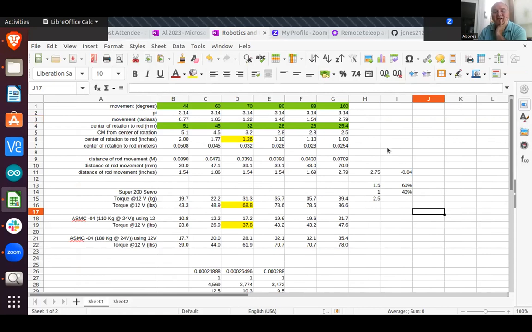This is a calculation that I did that said if I want the servo to run 160 degrees, I think I can get by with 2 3/4 inches of movement, and hopefully it'll be able to handle 87 pounds of torque. I was over here at about 45 pounds of torque, which I think is the limit. So I'm hoping if I reduce this rotation or distance from the center of the rotation, that'll be good.